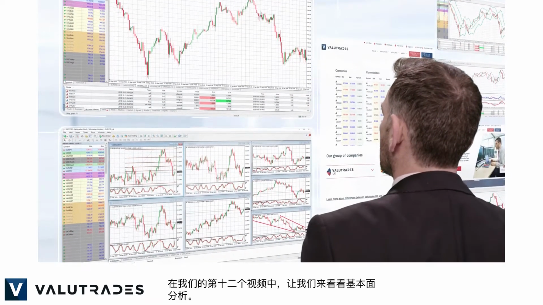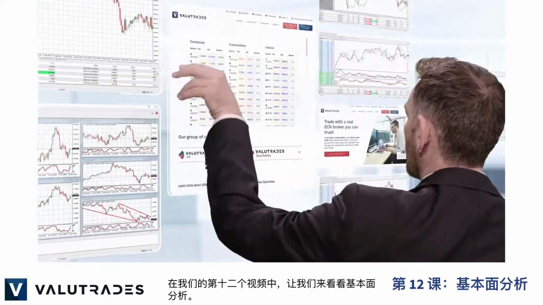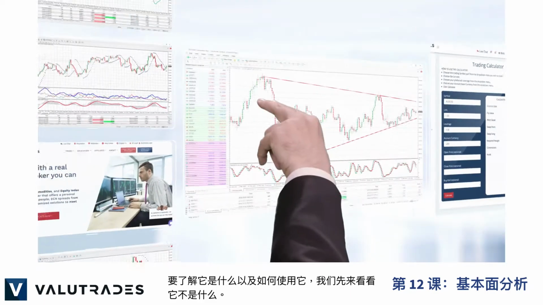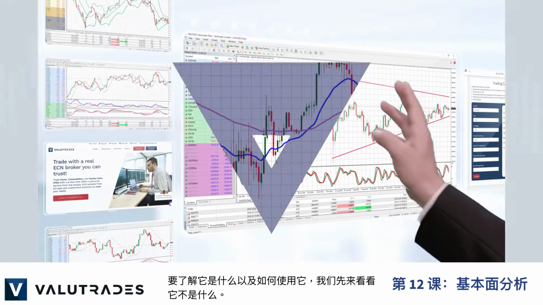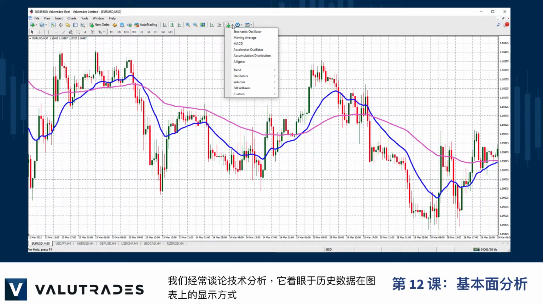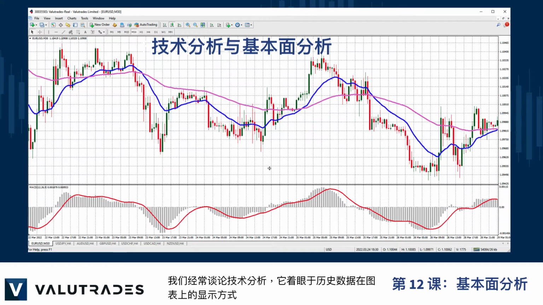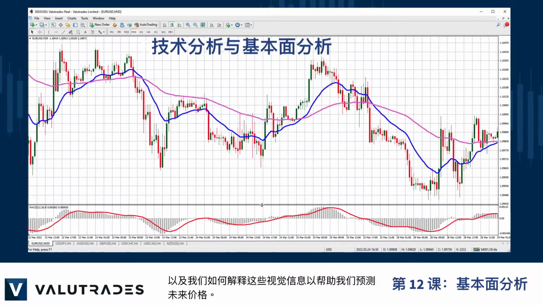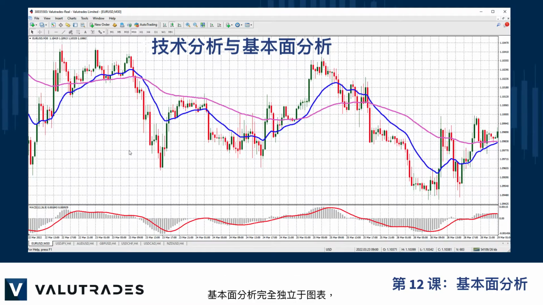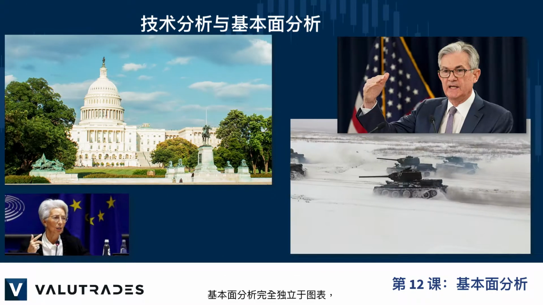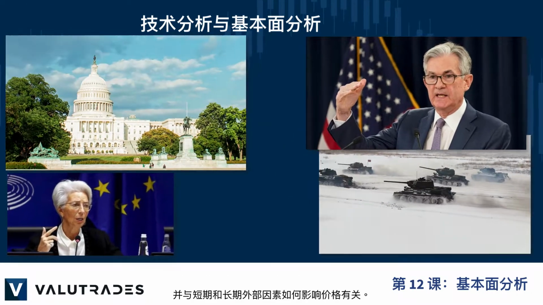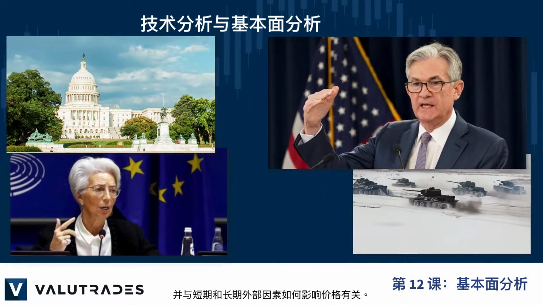In our 12th video, let's look at fundamental analysis. To understand what it is and how to use it, let's first look at what it is not. Very often we talk about technical analysis, which looks at how historical data is displayed on a chart and how we interpret this visual information to help us predict future price. Fundamental analysis is completely independent of charts and relates to how external factors will affect price in the short term